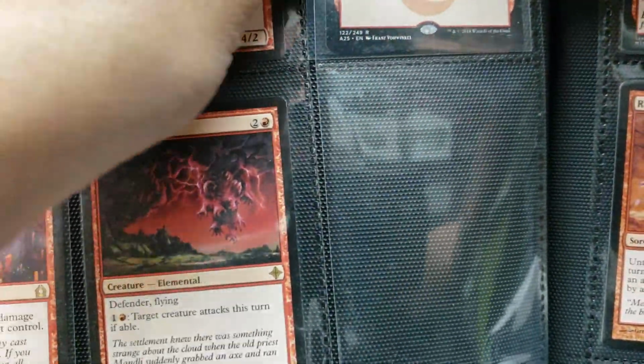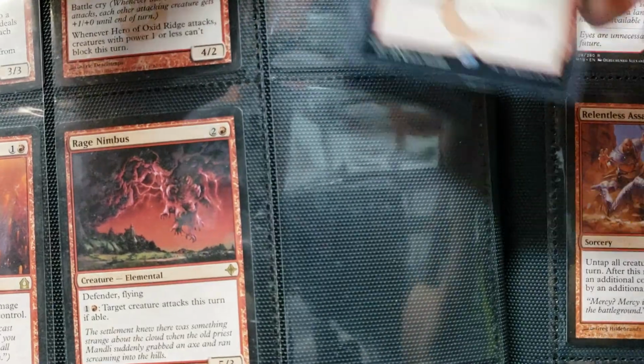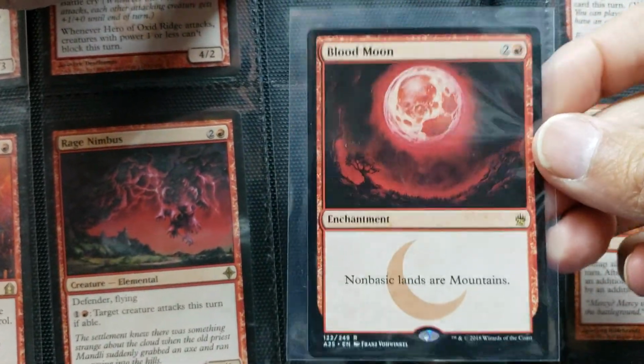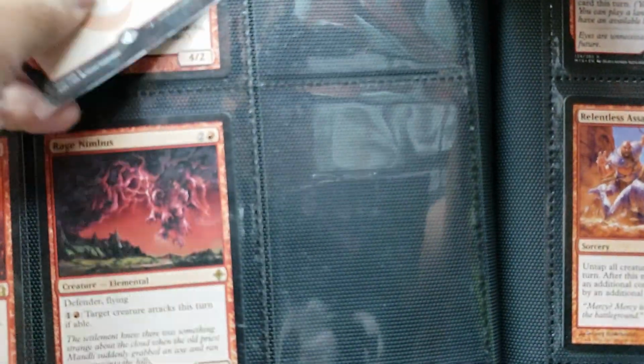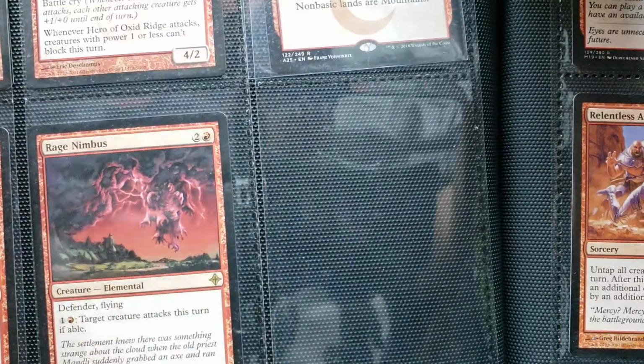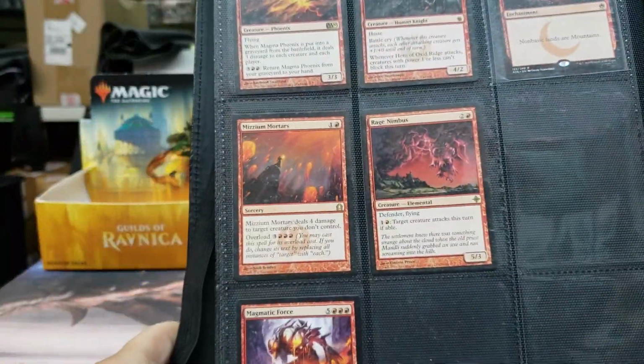This is probably the most expensive card I have currently right here. This was a Masters 25. This is a Blood Moon. It's about $10, $15, maybe $20, give or take. I haven't checked the price on this. Normally, I don't check the price on these cards unless I'm going to list them for my eBay site, which is